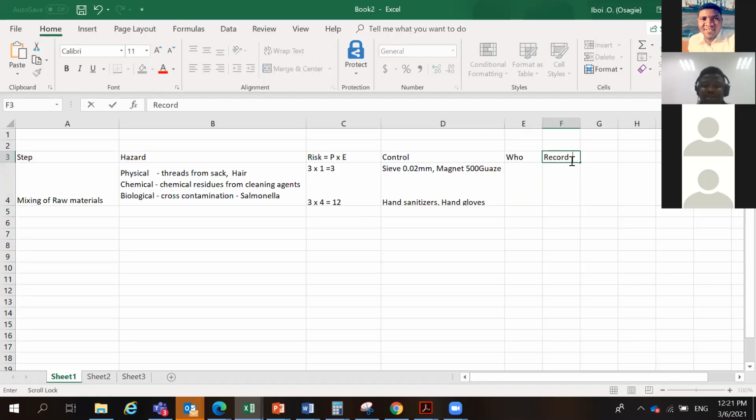The records that you will use, because you need to have the records. So Grace is saying the hygienist. Grace John says hygienist in each unit. It depends on what the HACCP team agrees should be responsible for monitoring it. Of course, you don't expect the dumpers to supervise themselves. So it must be somebody from maybe quality or maybe engineering, because the monitoring of the sieve could require that you need to